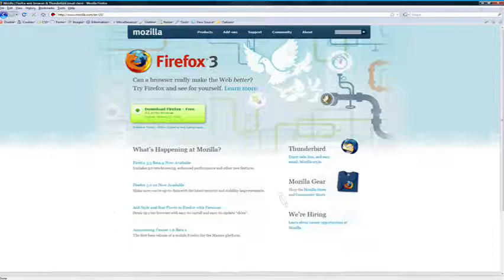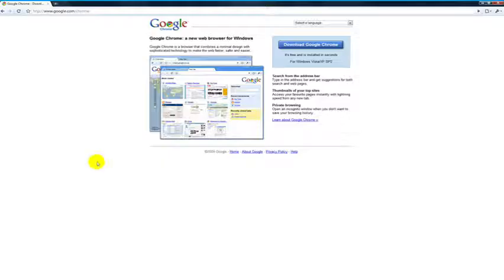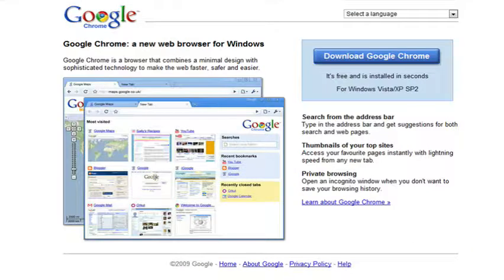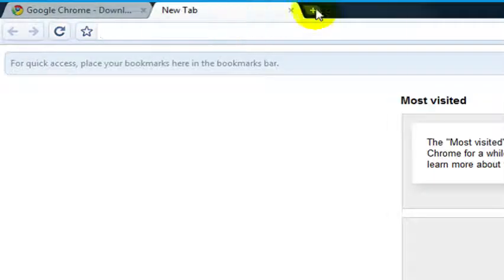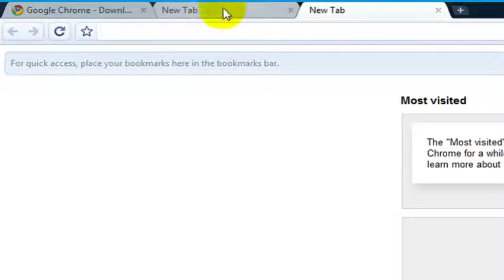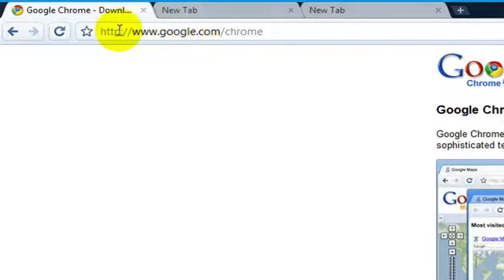Another one that's come on the scene recently is Google Chrome. Now Google Chrome is the browser from Google, and they've really gone back to the basics of web browsers and how they should work, and they started off by giving the user the tabs as the most important thing in web browsers. So just up here at the top you'll see there's a Google Chrome tab that's already open, and you just open a new tab, and you just keep opening tabs, but every tab has its own address bar